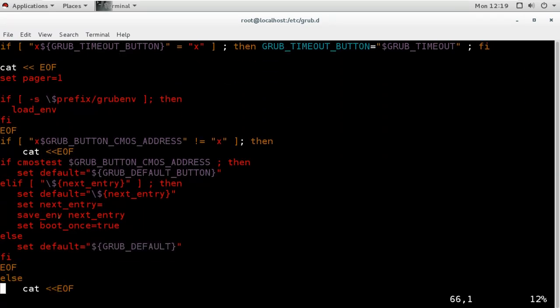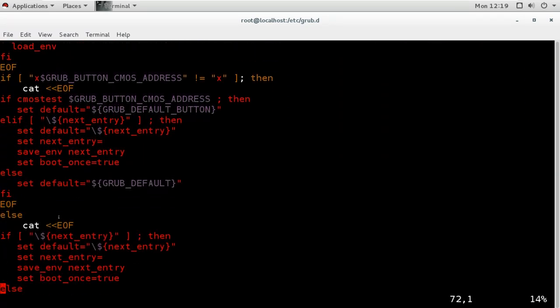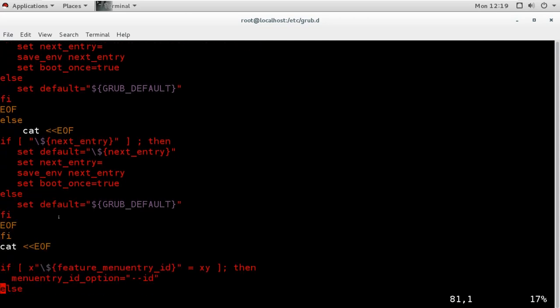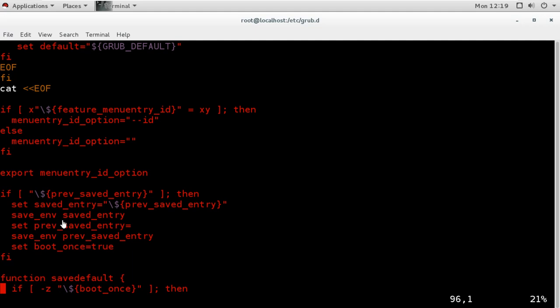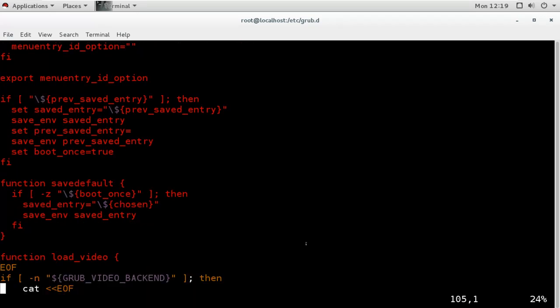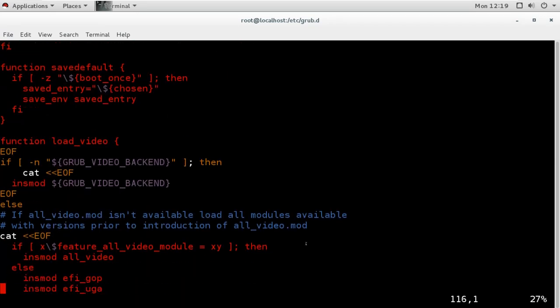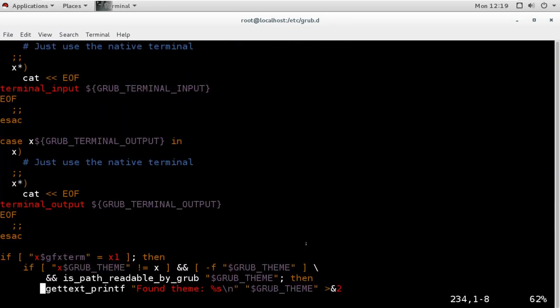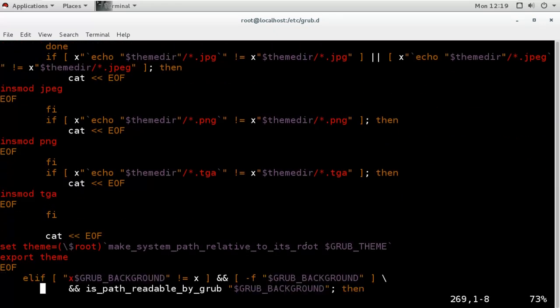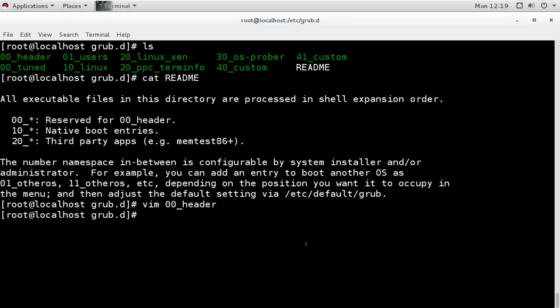So if we understand this shell script, then we can edit these things. If we understand scripting, then we can easily edit these things. It is a big script. Same as all the other things, they are also scripts.